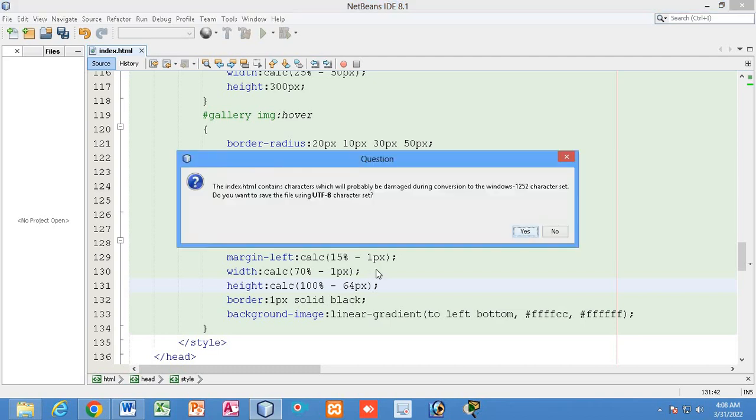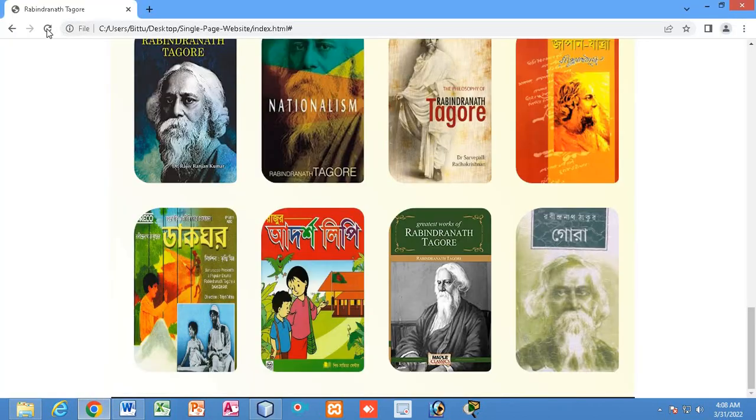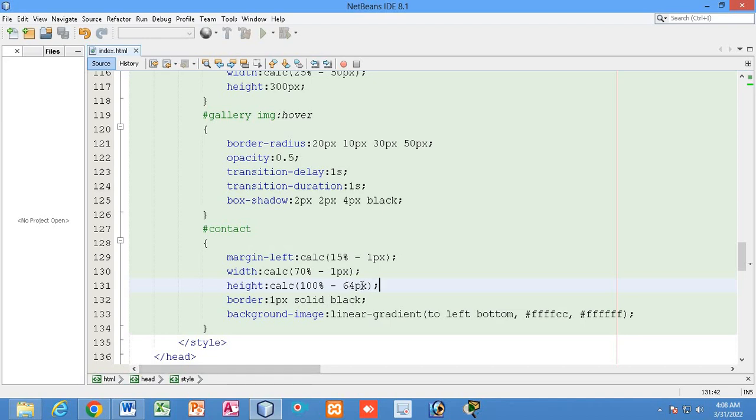Let me tell you why I have deducted 64px. One px top border, 1px bottom border, right. So 2px for that, and another 62px.